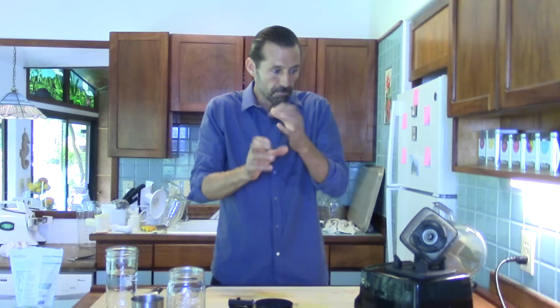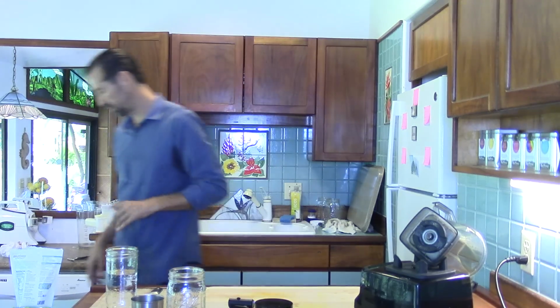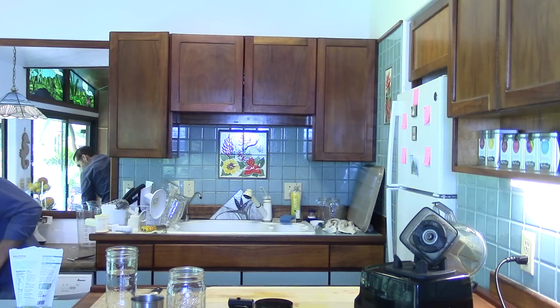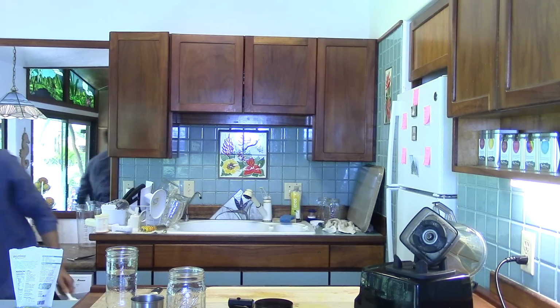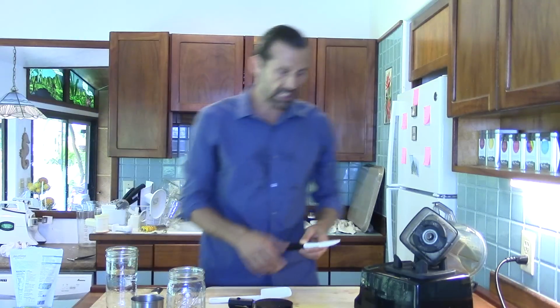Because Lou, who taught this to me, he'll put it on the counter for 4 to 6 hours, let it culturize, and then put it in the fridge. And that's another great method. That's the medium culture. The deep, rich, intense, explosive culture I have found comes when you just, boom, put it right into the fridge. And again, I've got more awesome videos coming about all these different seed cheeses and things like that,